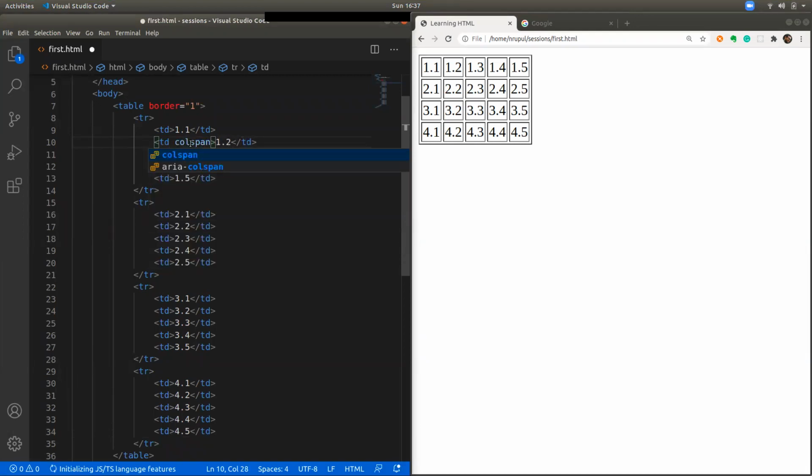That means how many columns this cell should occupy. By default, each cell occupies 1, but if you want it to occupy 2 columns, you make it 2. Now if you look at it, you'll see it got extended to 2 columns, but now you see in total it has 1, 2, 3, 4, 5, 6 columns, whereas other rows have only 5 columns, and that's why the table is looking odd.